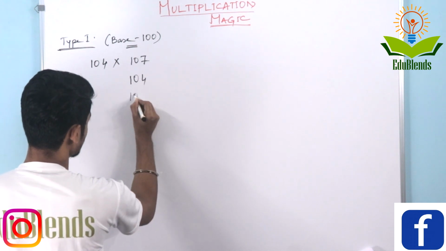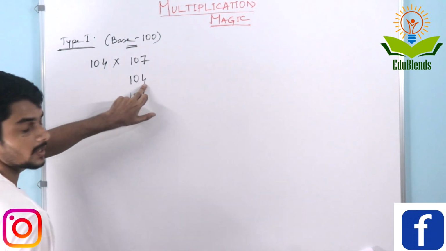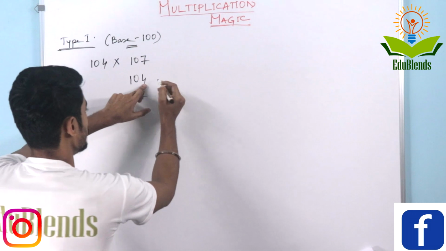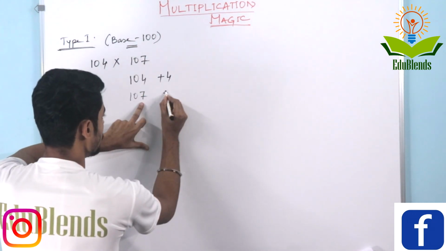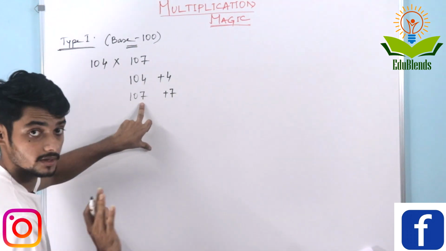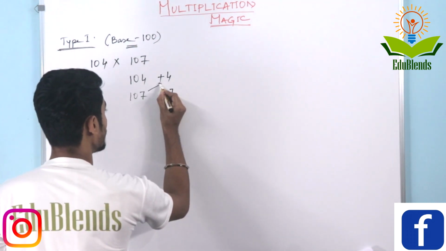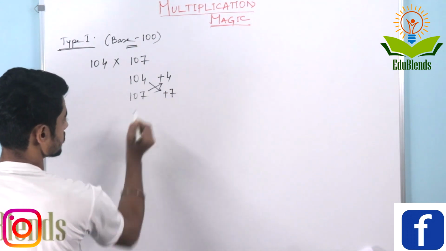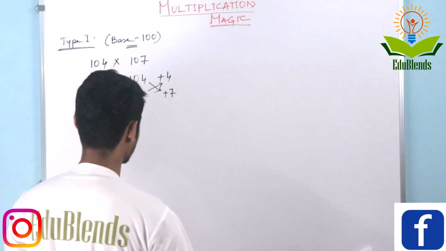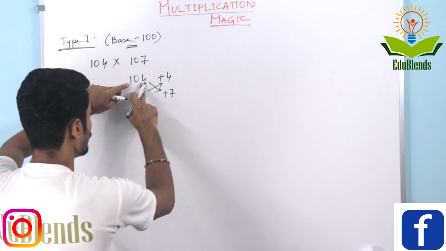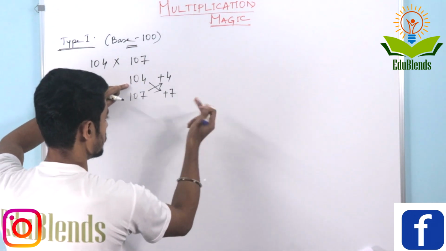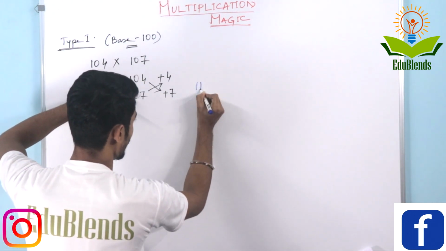104. So this is how much? This is 100 plus 4, and this is 100 plus 7. Now either you will take like this or you will take like this, it's your choice. So I am taking like this or this, answer will be same. So write 104 plus 7, that is 111,